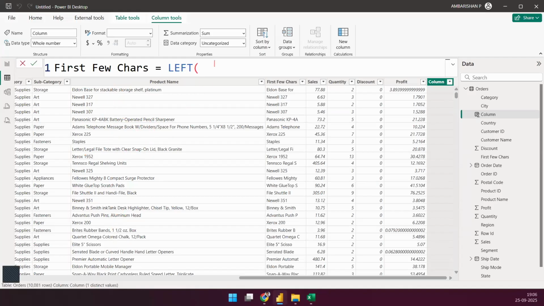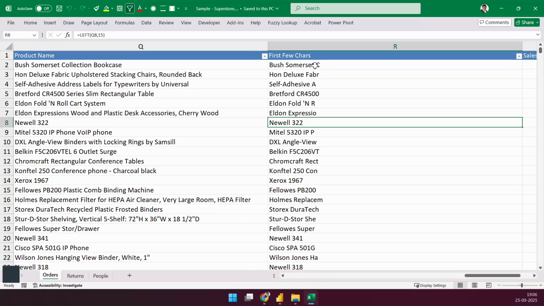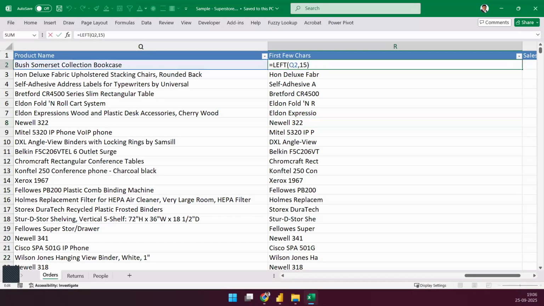Now, this is where the catch is. Let's go back to our Excel file. When I was typing this formula, do you see this? This is the text from where I wanted to extract the 15 characters. And I said, okay, the text lies in Q2. What is Q2? It's a cell reference. Can I say that? Yes. So we have column Q, and out of that, the second row has my value. I'm asking it to choose that Q2, and that's how things are set in Excel.